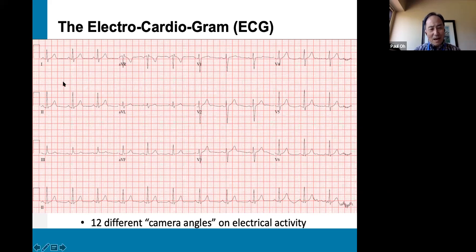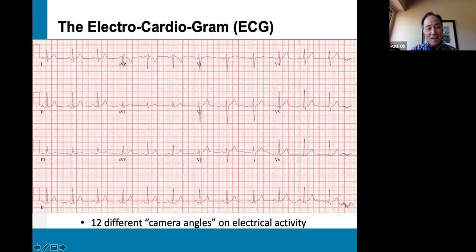There was a man named Einthoven who came up with the whole design of the electrocardiogram, and he was the one who gave it some of these names. So they may not be all that intuitive, and when we have students and other trainees, we try to get them to learn some of the rote material that is part of the electrocardiogram. So 12 different leads, and they're called leads 1, 2, and 3, as different angles of the left arm, the right arm, and then leg angles